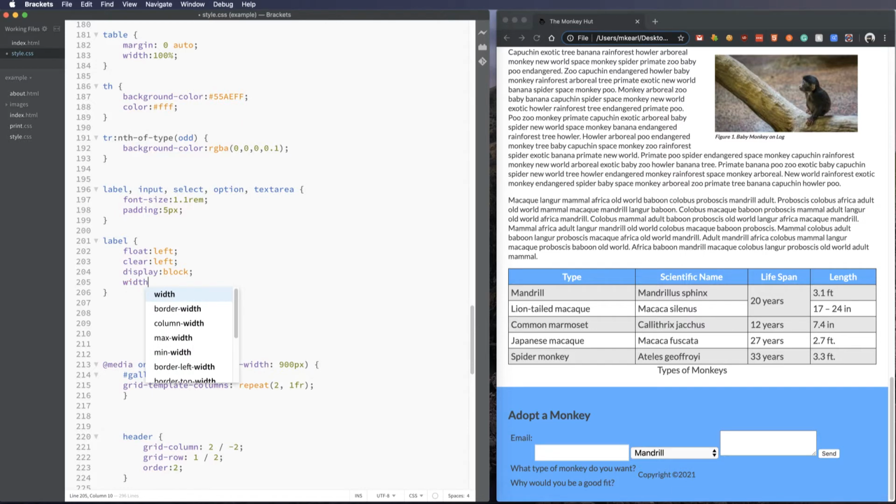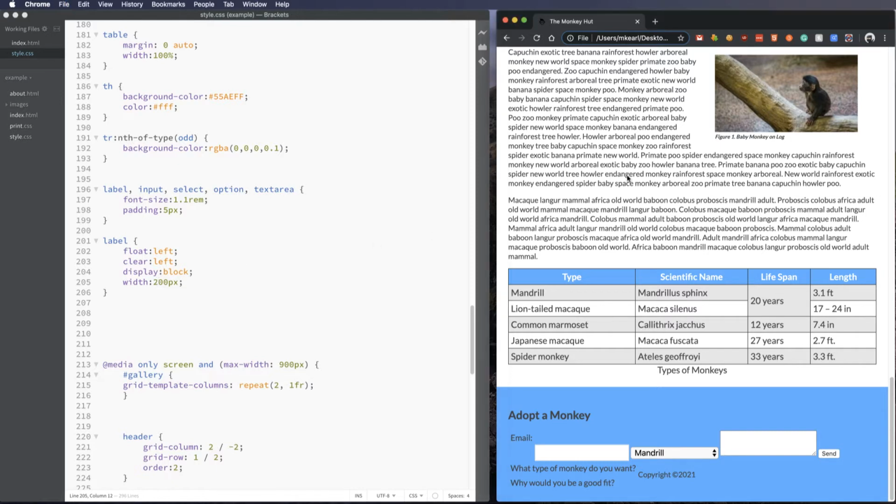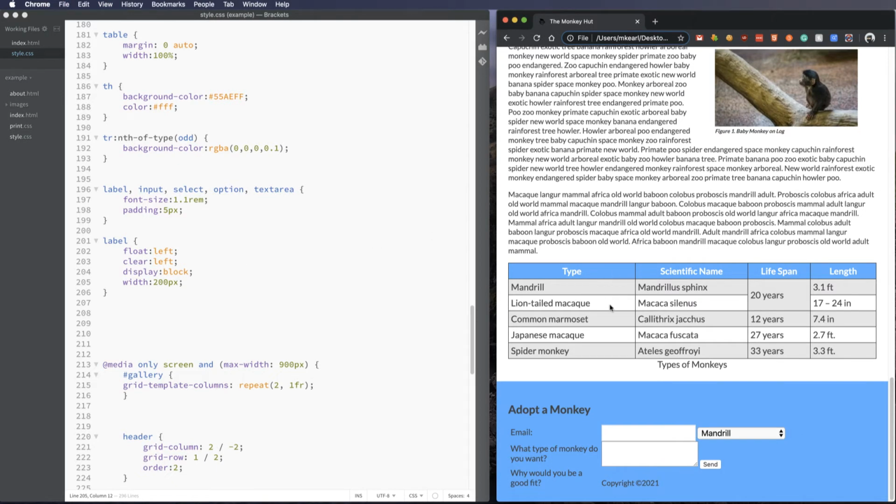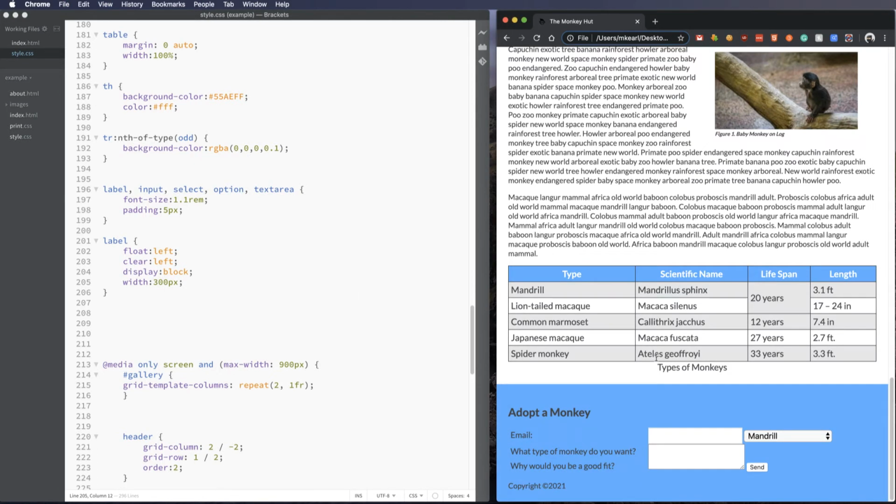I want to add a width to these, and let's start out with 100 pixels. No, let's go to 200 pixels. See what that looks like. Okay, now we're starting to get somewhere. That's good. Let's go 300 pixels and see what that looks like. Okay, just trying to get them on some lines there. All right,